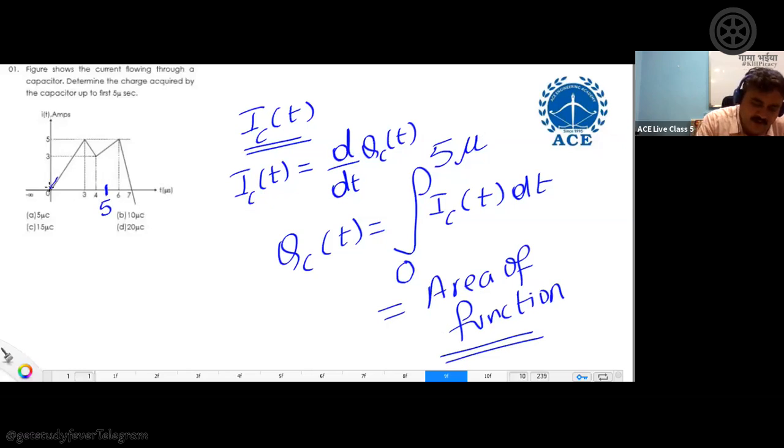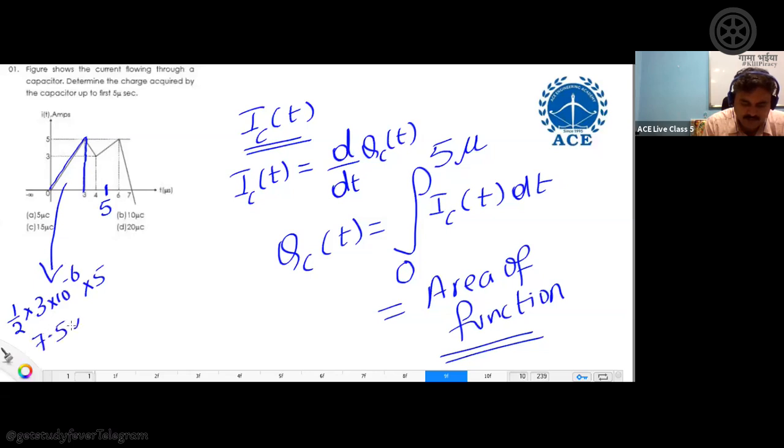First waveform I am dividing into triangle. This one, this blue one. So what is the area of this triangle? Let us assume this is the first one. What is the area of this triangle? Half into base 3 micro, height 5. So it becomes 15 by 2, 7.5 microcoulombs. Finish. This is the first part. Okay. Next,